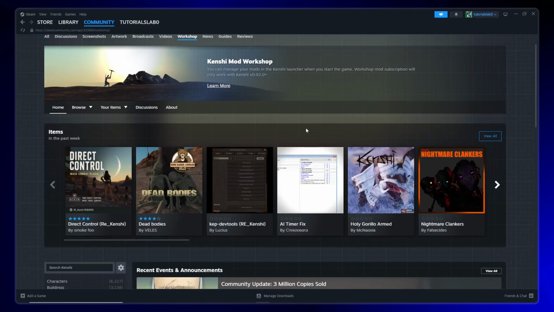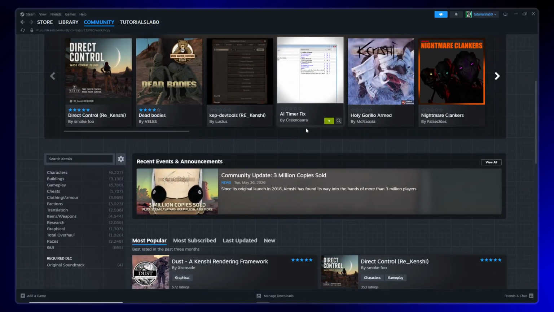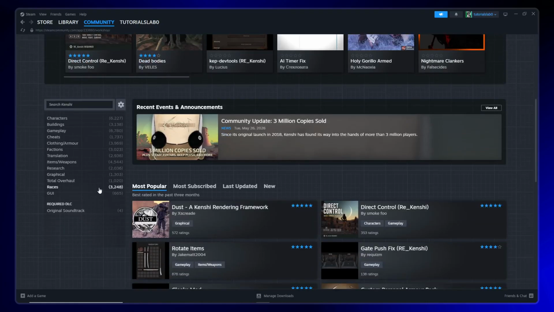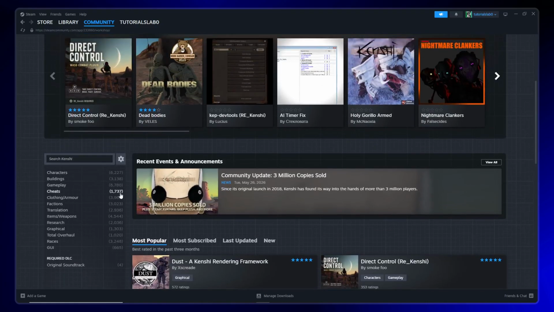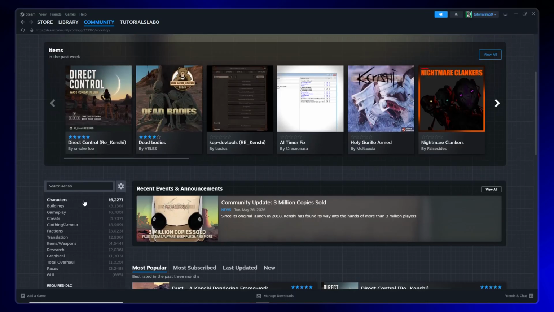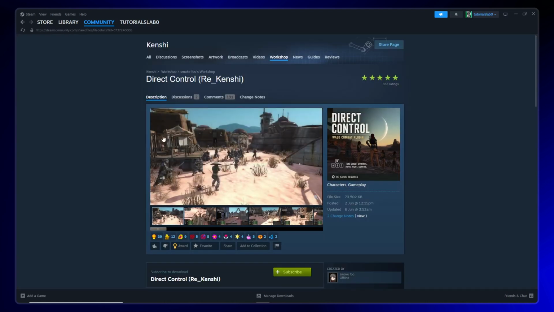At this point, you'll be able to browse through all the Kenshi mods that the community has created. Take your time looking through the different options available. You can scroll through the pages to see what modifications interest you, whether they're gameplay enhancements, visual improvements, or new content additions. Each mod will have a description, images, and user ratings to help you decide which ones you want to try. Once you've found a mod that catches your interest and you'd like to install, click on it to open its detailed page. Here you'll see more information about what the mod does and how it changes your game